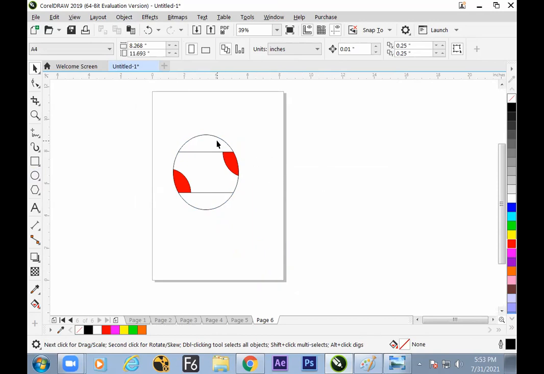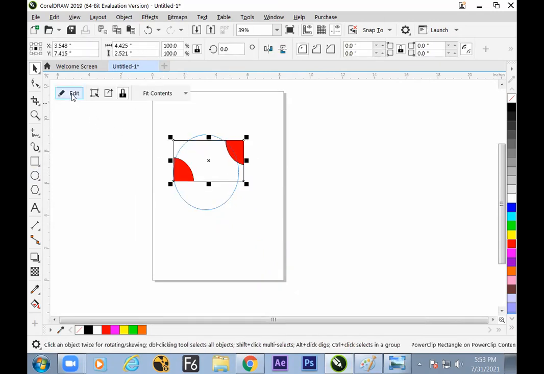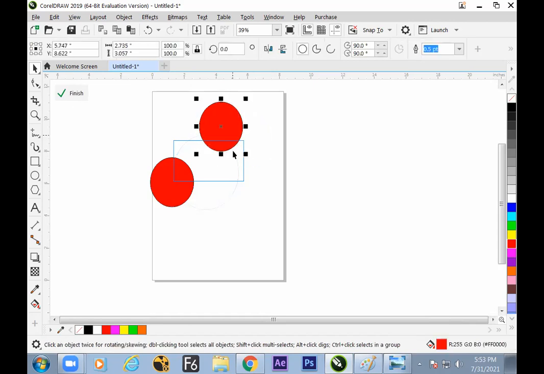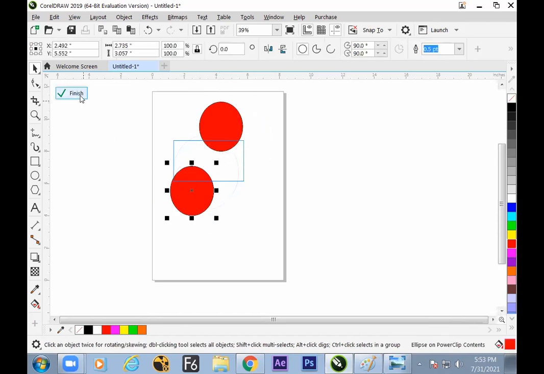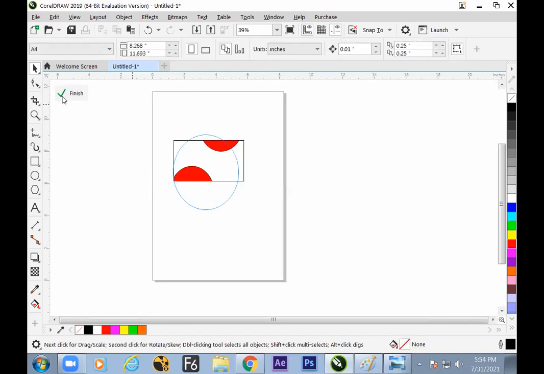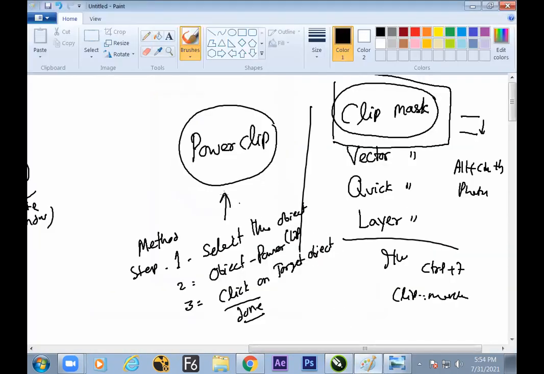Now the editing. Yes, this is your first editing. And next it is your second editing. This is your last editing finish. Then this is second finish. I hope we have understood how to handle double power clip. Now the power clip into double. Multiple power clips are allowed. So not only double, multiple power clips are allowed.